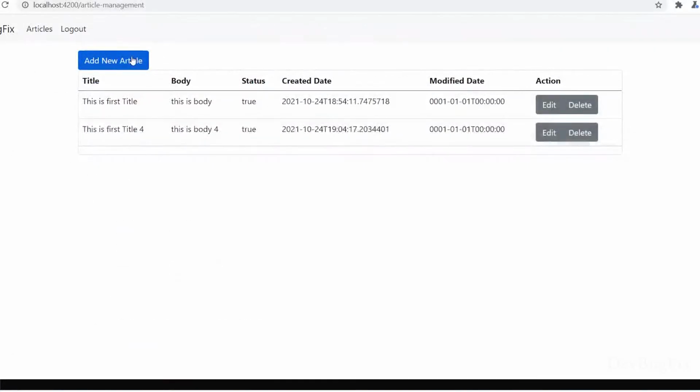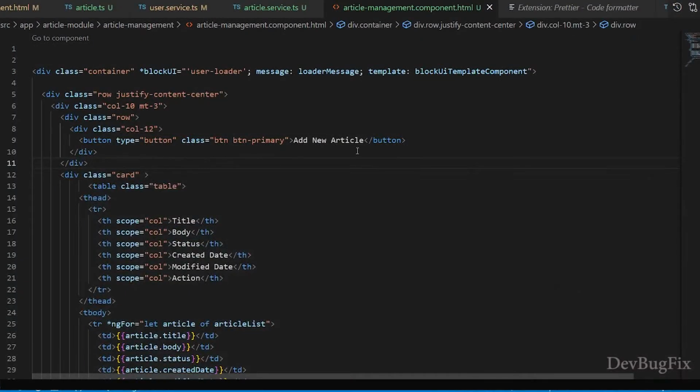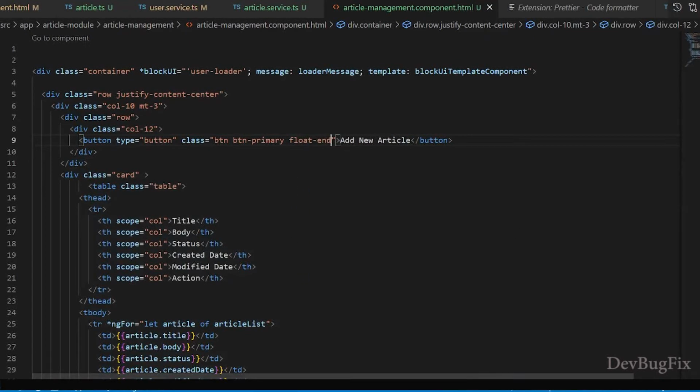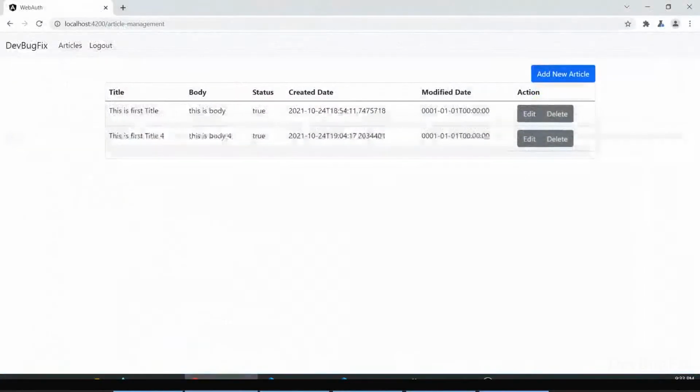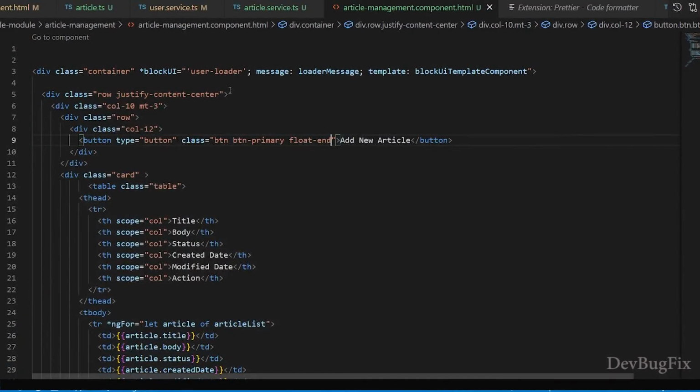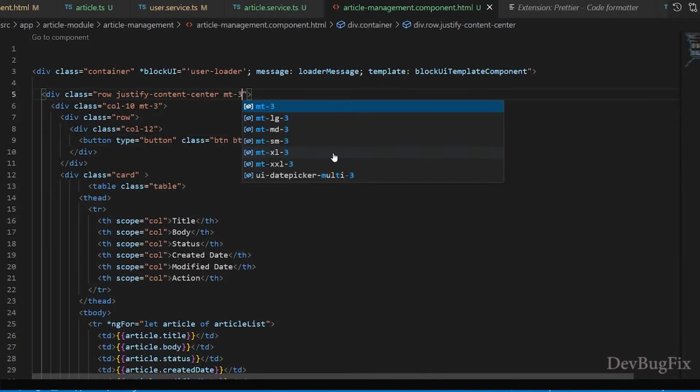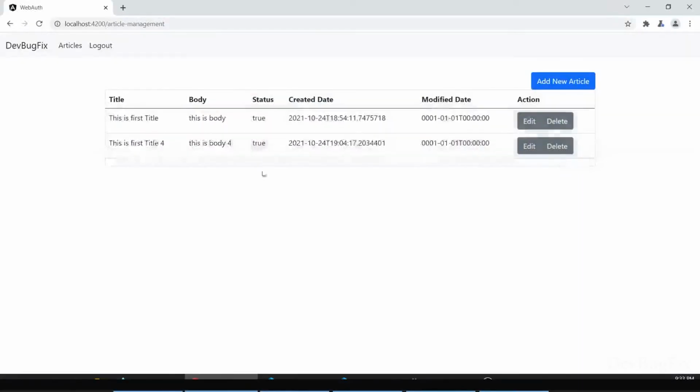Now the button is in the layout, and now I will move this button to the right side, float-end. Save the changes and it's looking better. I will add margin-top 3 in the page layout. Save the changes. You can see margin from the top.